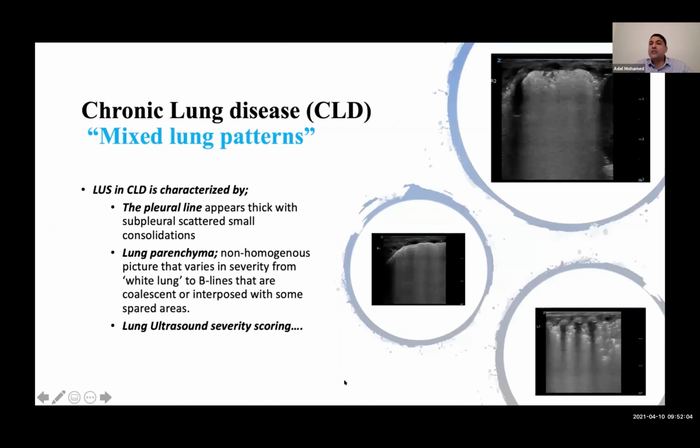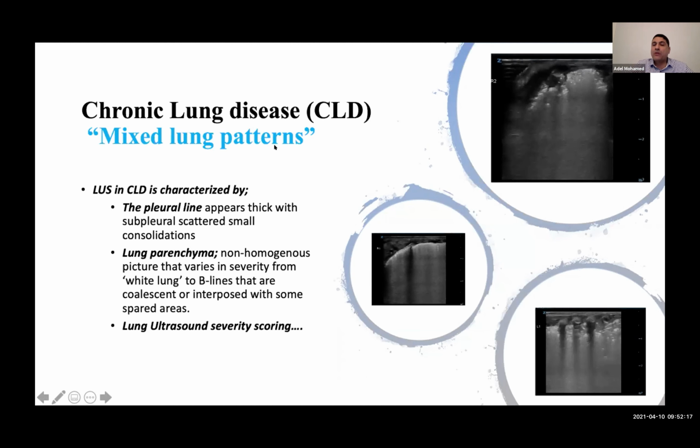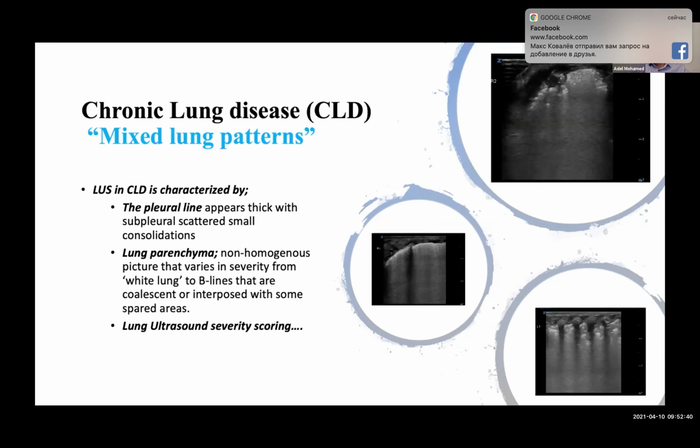What about chronic lung disease, which is the category most of our babies in the unit are actually from? I will summarize this with what I like to call the mixed lung pattern. So all that we discussed before can be in chronic lung disease. The pleural line itself will not appear normal. Most of the time it will be thick and irregular, and you will have what we call atelectasis, or subpleural atelectasis, below the pleural line that could be of different sizes. Could be small, could be big, but this will be your landmark that this baby is starting to have early changes